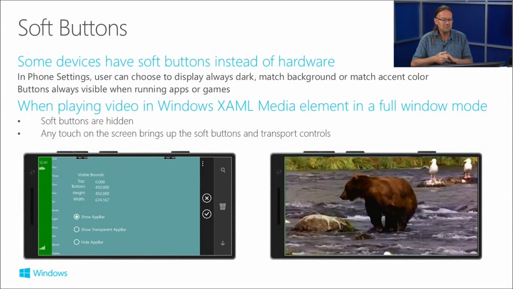We've also got these soft buttons I mentioned, the transport buttons if you like: the back button, the Windows button, and the search button. Those are normally visible as well, and just taken care of. But one nice thing is that when you're playing full screen video, it really is full screen. So those buttons will disappear, and if you just tap on the screen, they will slide into view again. So they're kind of soft hidden. Just touch the screen and those transport buttons will come back in, and you can hit the back button or the Windows button just the same as you would normally. So it gives you a good experience if you're watching video.